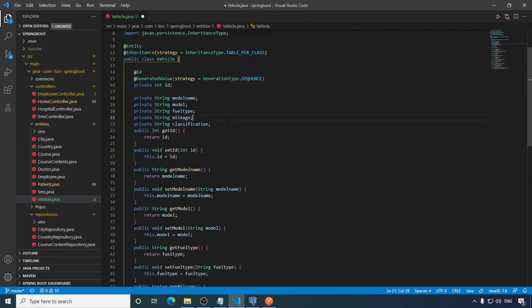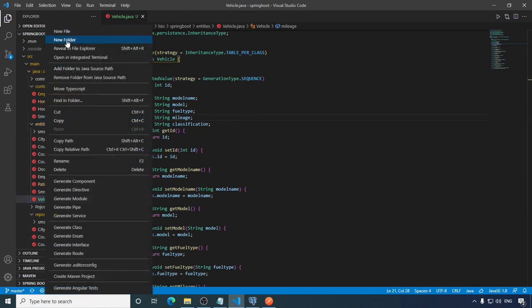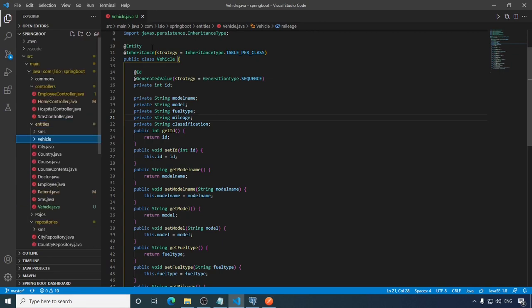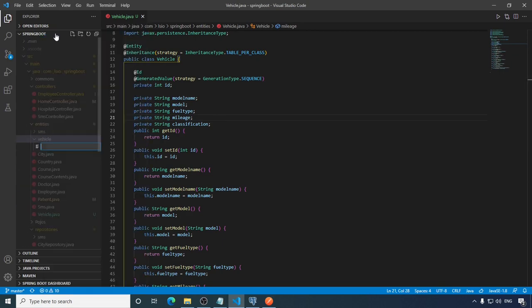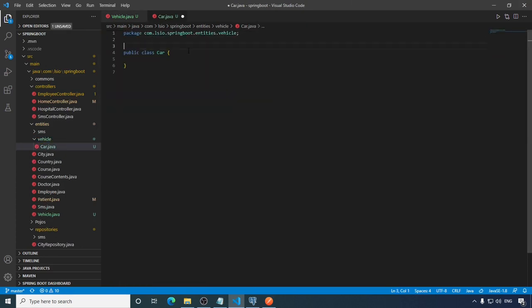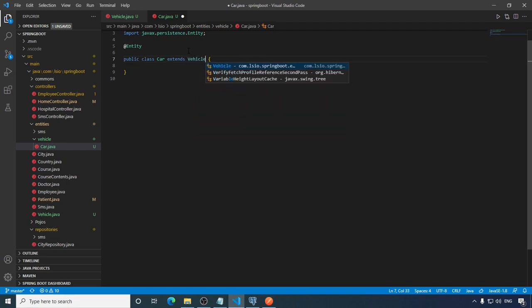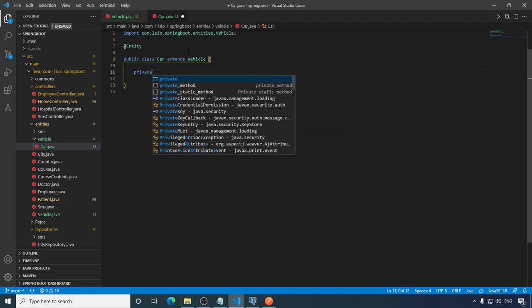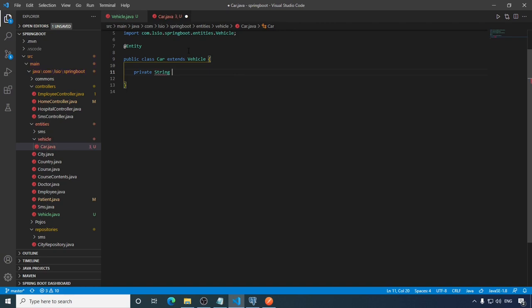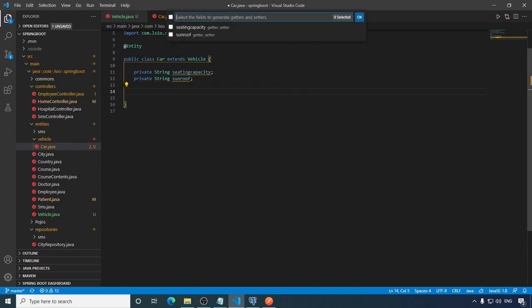Okay, now save this. Now let's create our child entities, and I'm going to create a new folder inside entities, vehicle, and here our first child is Car.java. Annotate it with @Entity, extends Vehicle class, right? And let's suppose this class has two attributes, seating capacity and sunroof. Right click, getters and setters,